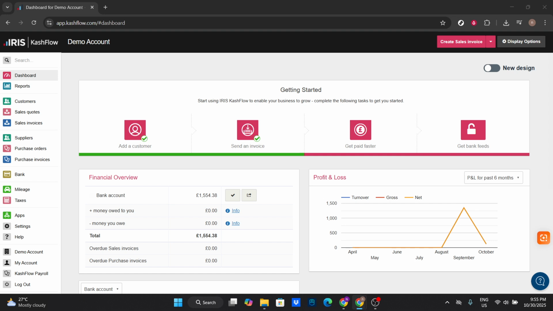First, we'll begin by navigating to the dashboard on Iris Kashflow. To do this, open your preferred web browser and enter the Kashflow URL, or click on your saved bookmark. Once you're on the dashboard, you'll see an overview of your financial activities, which is the perfect starting point for